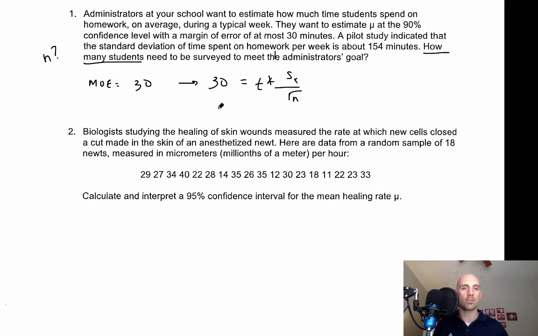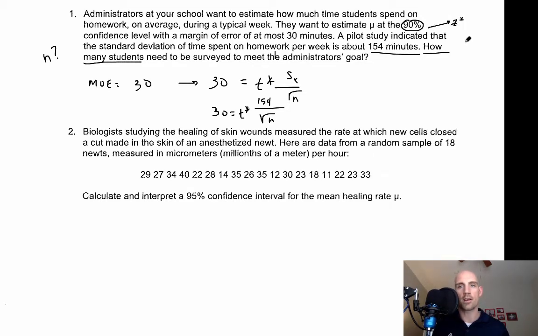What pieces do we know? Well, we obviously know the 30. And it's said in here that we know that 154 minutes is our standard deviation. And then on the bottom, we don't know square root of n, but we also don't know, I kind of got ahead of myself there, give me a second. We also don't know our t star. Well, in the absence of a t star, we can use our z star